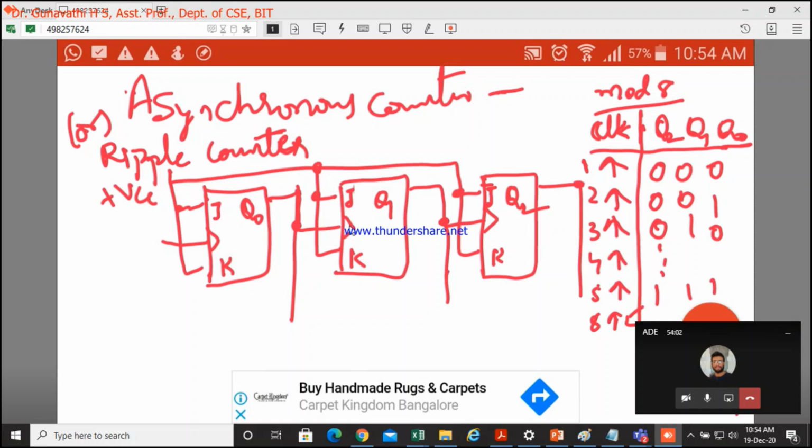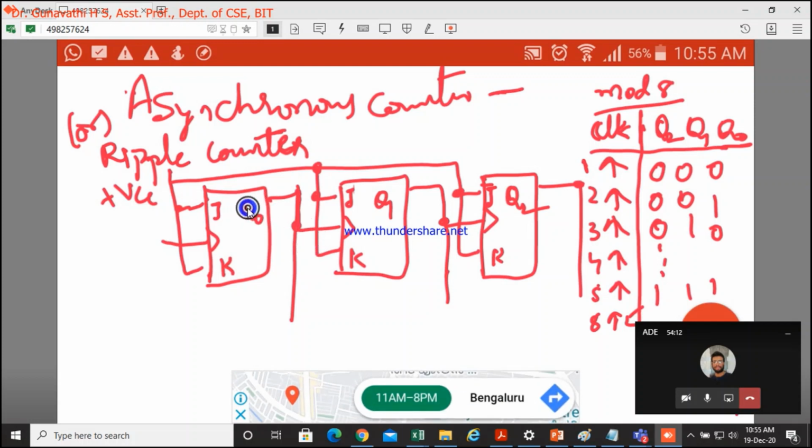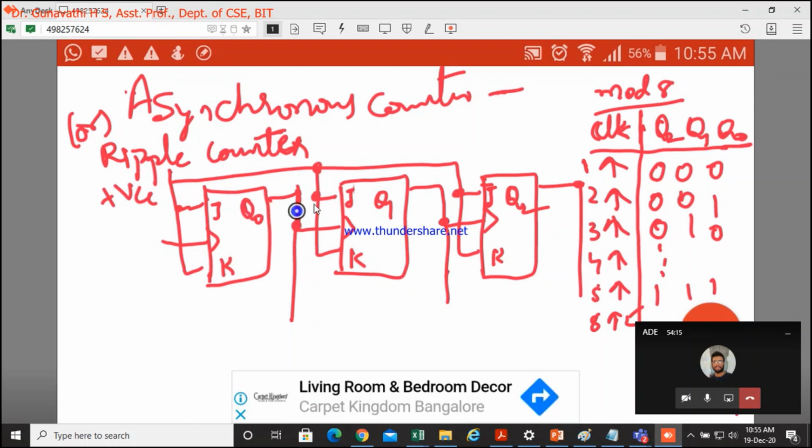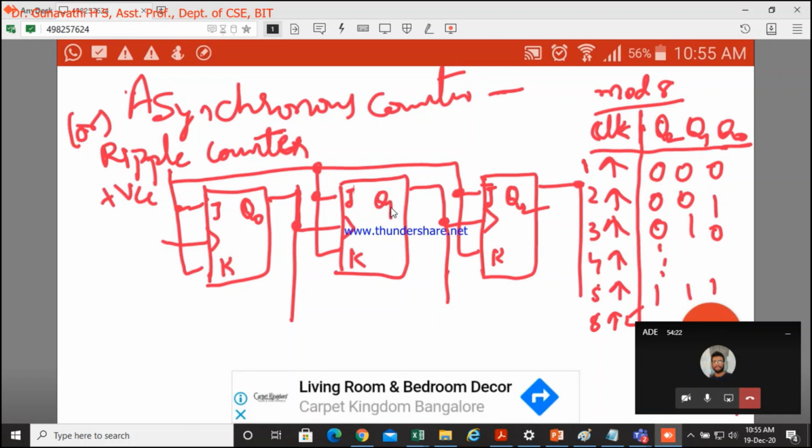Got it? Are you able to get my point? Yes, we are restricting our clock there. So when we are restricting our clock, only when the output of the first stage is high, only then, based on the input of the JK, will it work. Otherwise, when there is no clock, what will be the output here? It stays with the same state, right? So when this is 0, there is no change, so it stays with the same state. When this is 1, when the clock is high here, it will change its state.